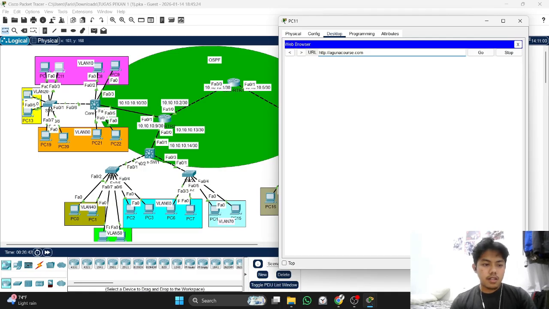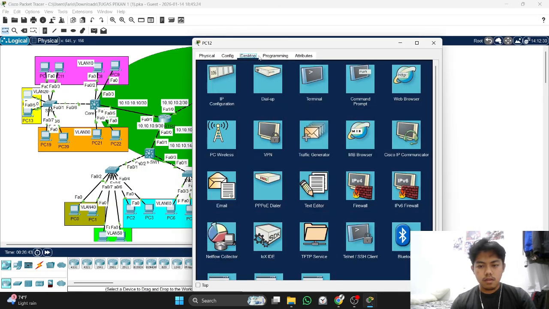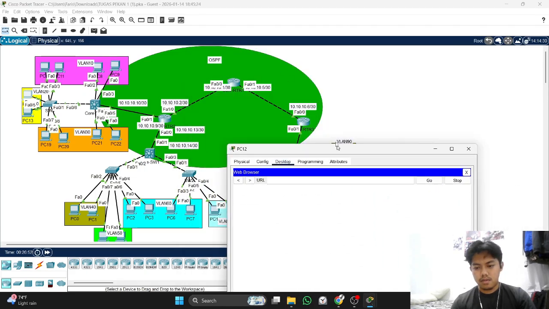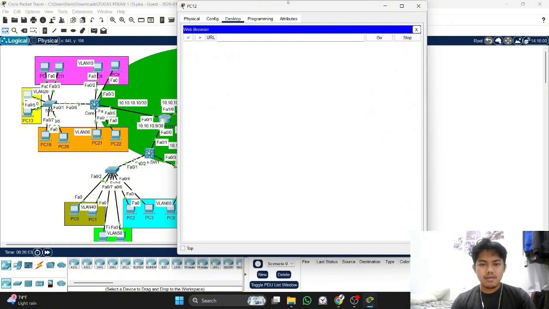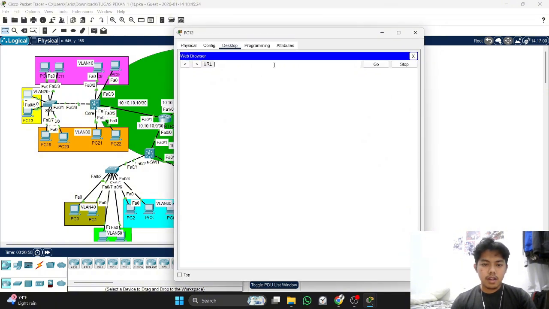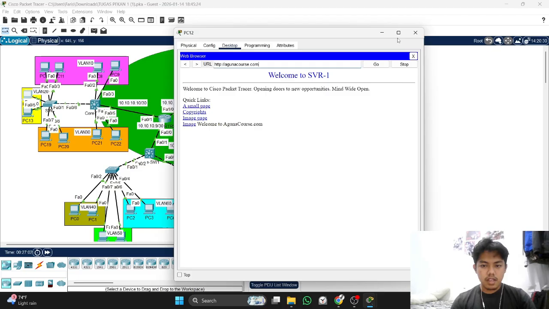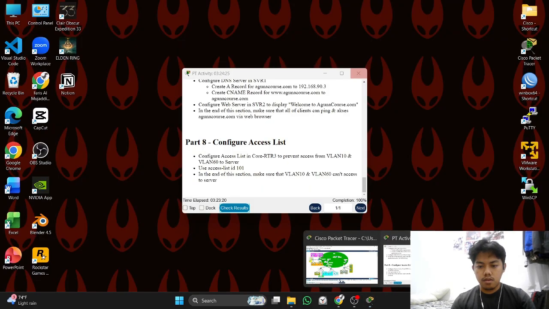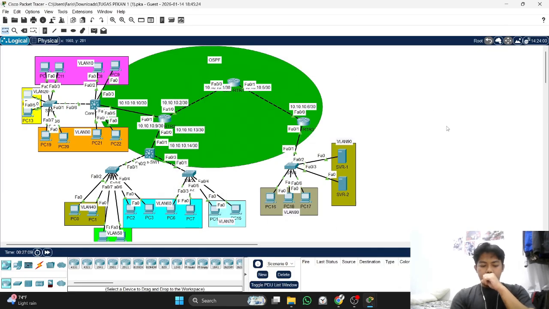So what if we try the PC from another VLAN? Okay, now I try. Oh, my bad. I try the PC from VLAN 20. Search agunacourse.com. Now, we can access. So yeah, we succeeded in configuring all of this network.